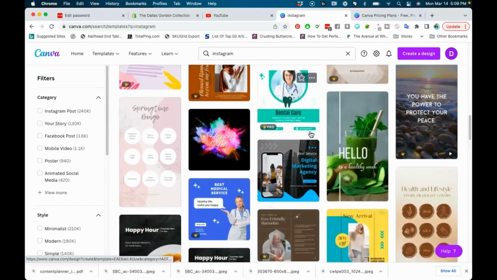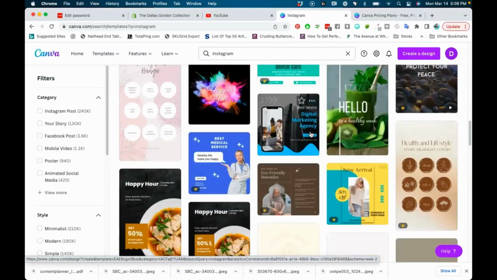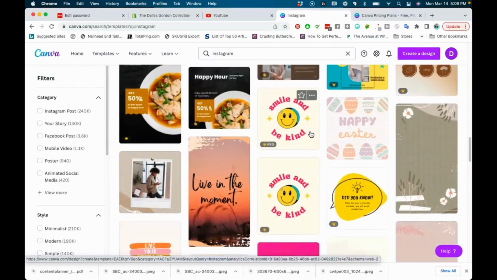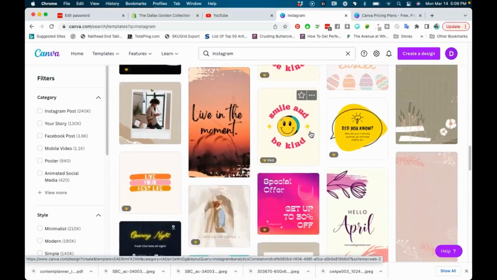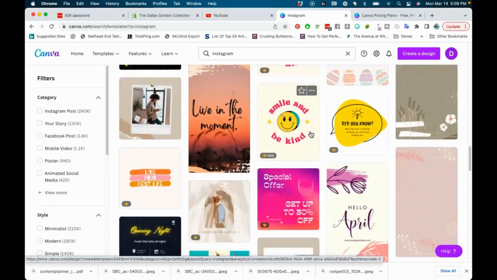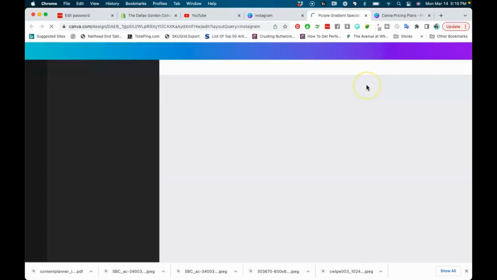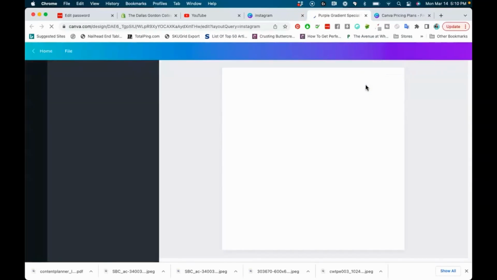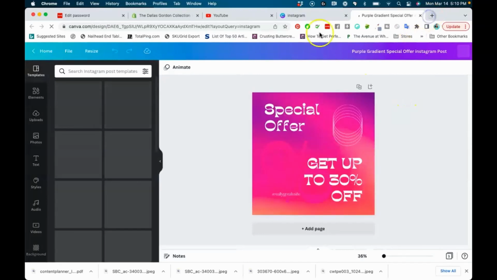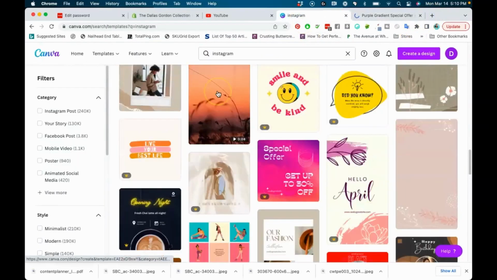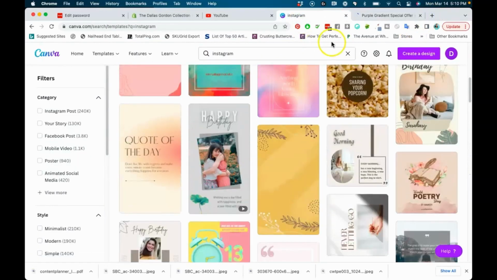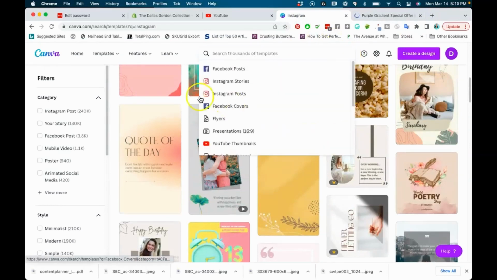So one of the ways that you can get started with the product is by scrolling through here and seeing whether or not there is a template that really is attractive to your eye, that is similar to the design that you want to create. And it's easy to start from that. So you could click the image, and then that will open up a Canva design for you. So I'm just going to keep this right here so we can use it later. Another thing that you can do to start a design, and I'm just going to X this out real quick,